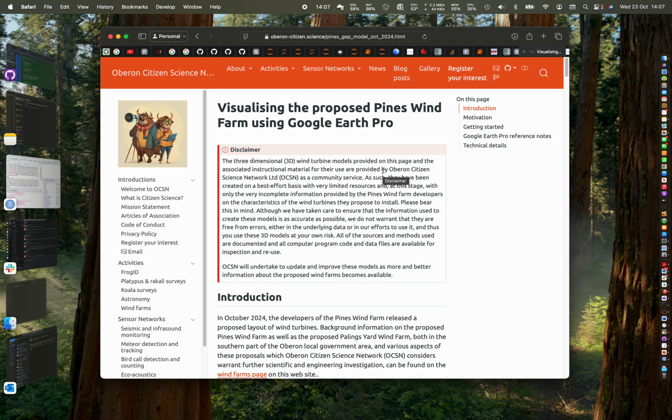Hi everyone, this is a quick screencast just demonstrating how to use Google Earth Pro with the 3D models of the proposed Pines wind farm turbines provided by Oberon Citizen Science Network. So first of all, we assume that you found this web page on the Oberon Citizen Science website and have